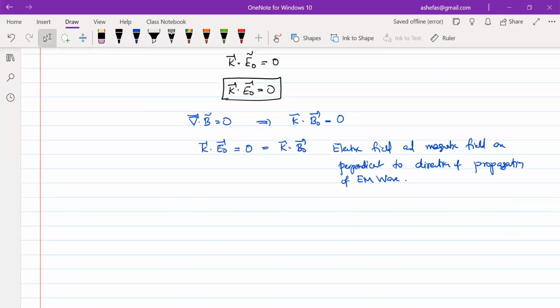Okay. Now we can check the direction of the electric field and magnetic field. How would be the direction of electric field and magnetic field, whether they are parallel or inclined or perpendicular? For that, we can start with del cross E equal to minus dou B by dou t. Now this can be proved using the Levi-Civita symbol.